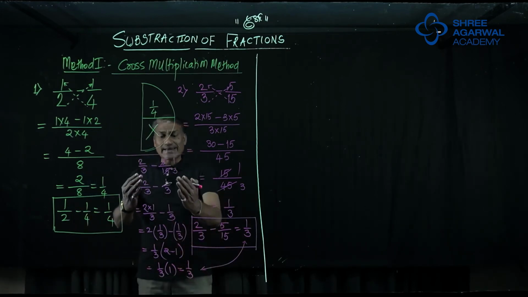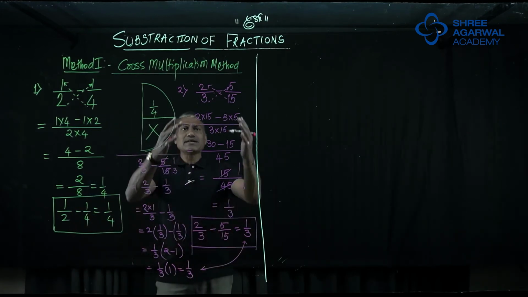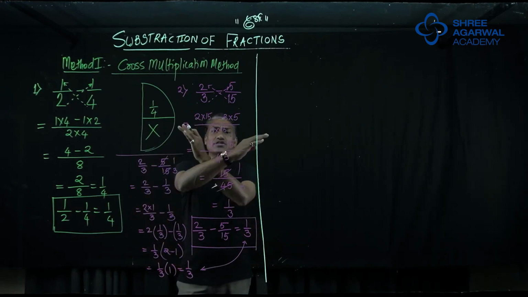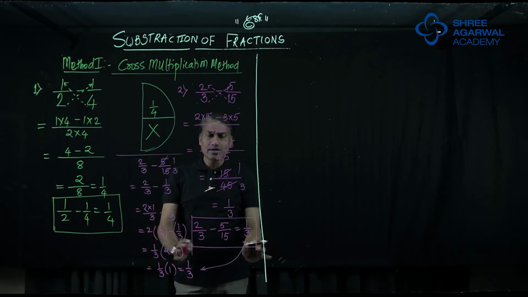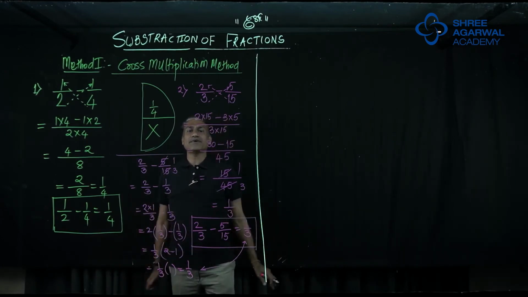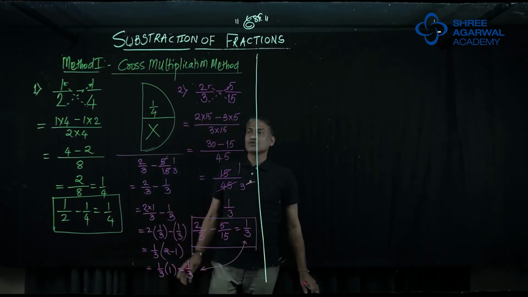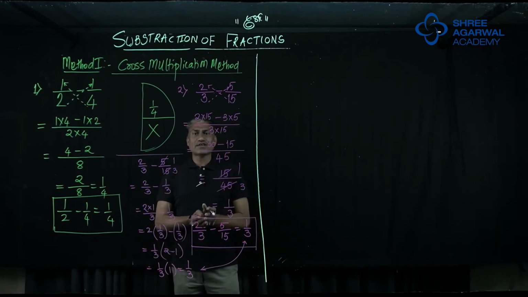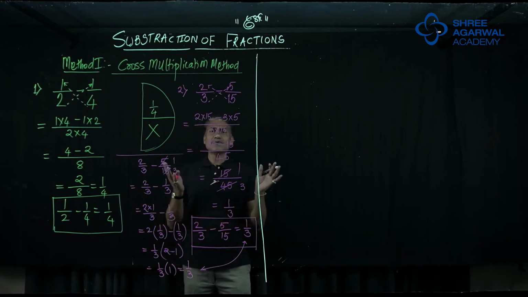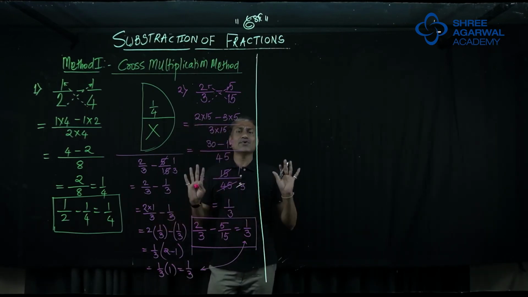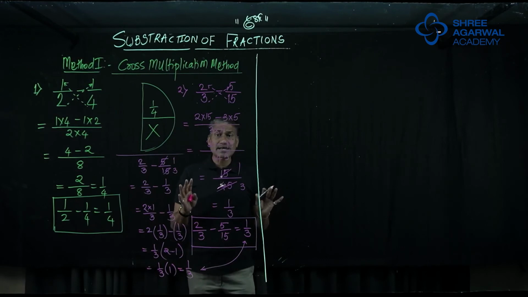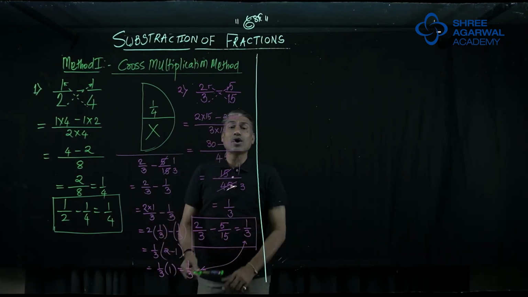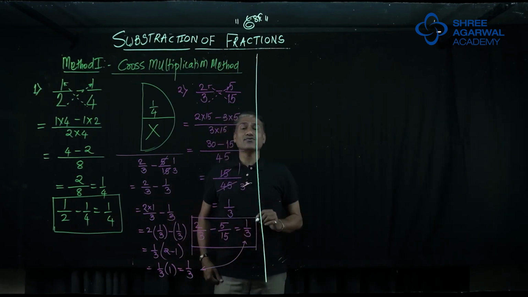But this was by taking common and all those things. But this method, as I told you, is a direct attack. Simply you do cross multiplication, do simplification, whatever answer you get will be the perfect answer, pure answer. So this is about cross multiplication method, subtraction of fractions. Whatever is the numerator, whatever is the denominator, you don't have to worry. Even if there is a minus sign, you will not be having any doubt. I will take now one problem in which negative signs are involved in fractions.